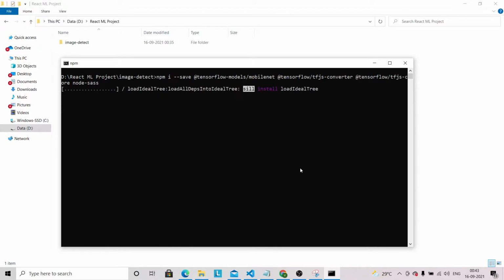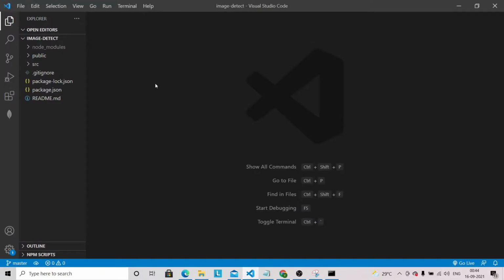We will wait for all these packages to get installed, and meanwhile I have already opened the project in my Visual Studio Code. As you can see, the project is already open in Visual Studio Code, and I will bring the image folder into it.